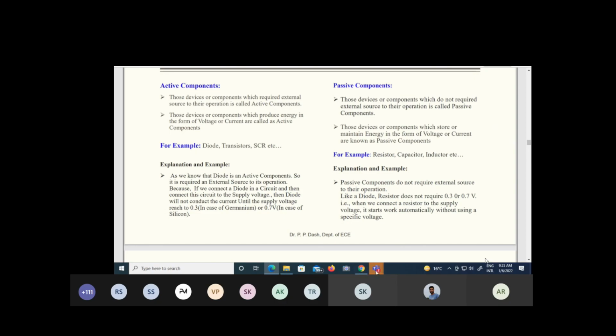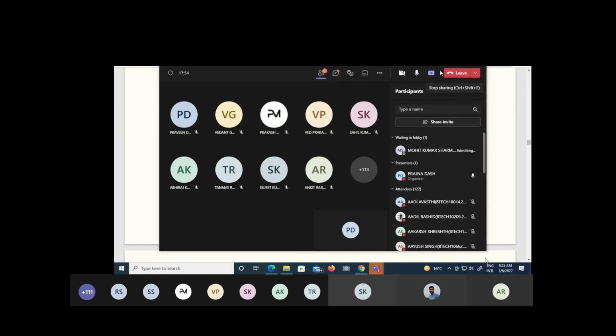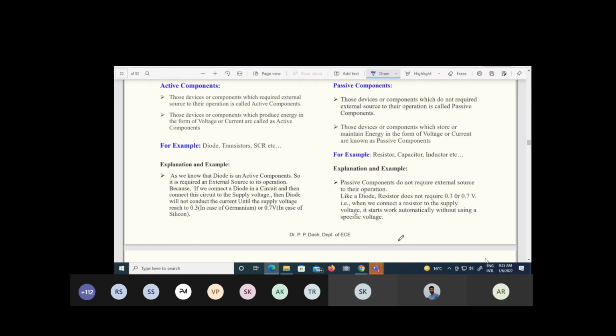Suppose you want to make an amplifier circuit. Amplifier means it will amplify the signal. When we are discussing electronics, we always come across the word signal. You have to understand what a signal is and what its requirement is. After this active and passive discussion, I will give you a brief idea about the signal. Any signal, if you want to amplify it, means we have to increase the strength or amplitude of the signal. So it will be an AC signal.